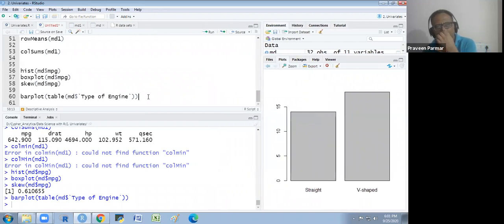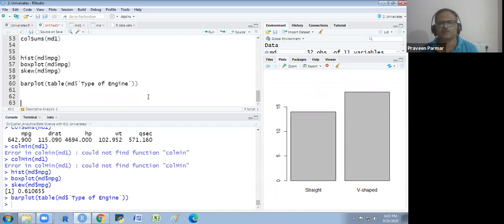So this was all about the univariate analysis of numeric data that we have seen. Now we see how we do the univariate analysis of categorical data. For that I am taking another data set, whose name is Arthritis, and this data set is from the vcd library.